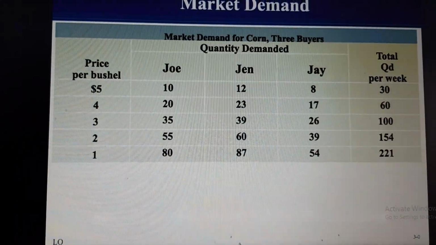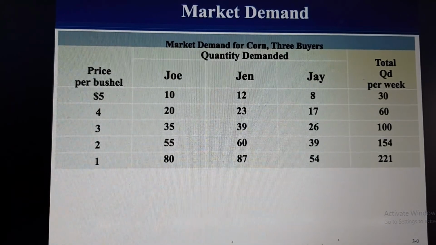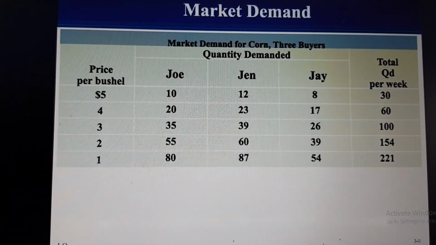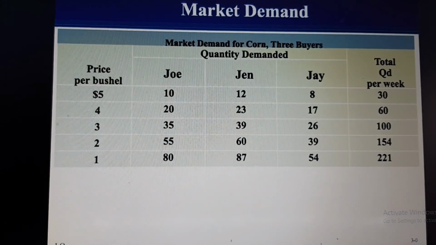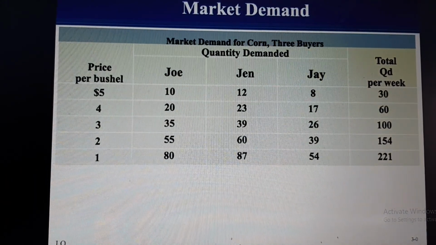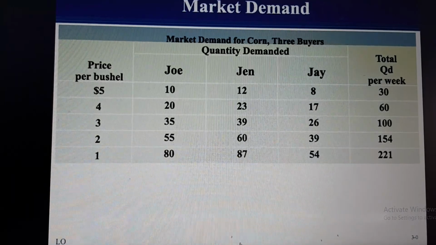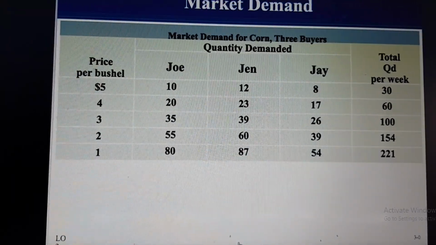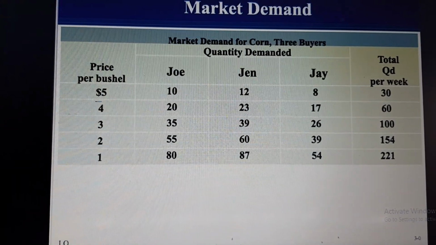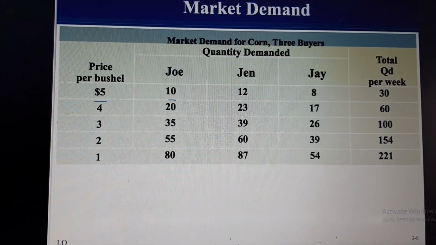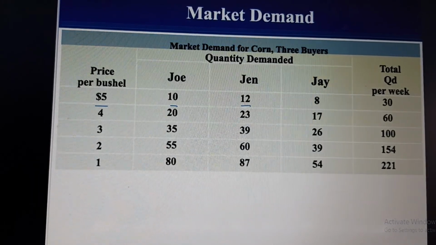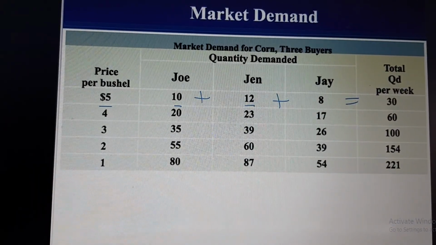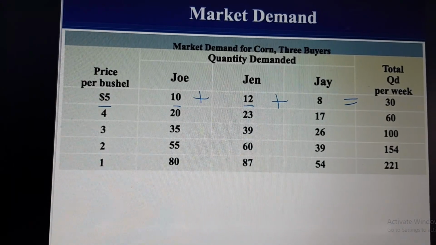So the market demand, let's say the market for corn is 3 buyers, Joe, Jen, and Jay. You would add up their individual demand curves to get their total quantity demanded, and that's your market demand. So at $5 per bushel, Joe demands 10 bushels, Jen 12, Jay 8. So we would add all this up, and we get at $5 a bushel, the market demands 30 bushels